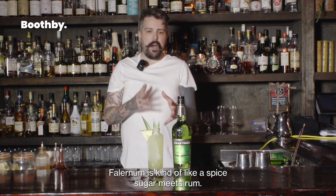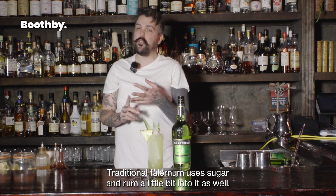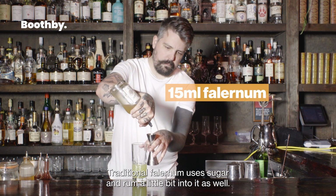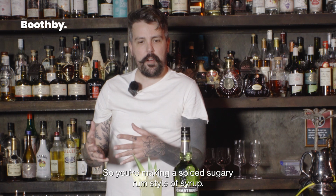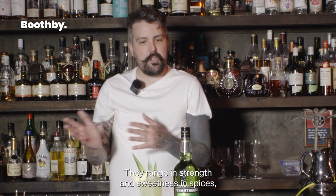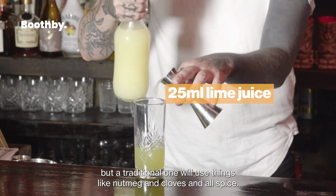Falernum is kind of like a spice sugar meets rum. It's using spices, it's using lime skins. Traditional falernum uses sugar and a little bit of rum as well. So you're making a spiced, sugary rum style of syrup. They range in strength, in sweetness, in spices, but a traditional one will use things like nutmegs and cloves and